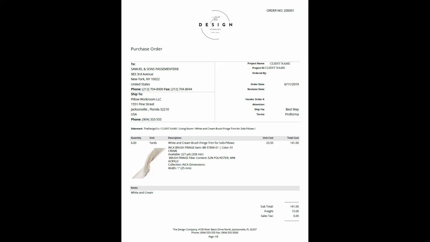And then also if it's shipped to the design firm, then the designer has to figure out how to get all these bolts of fabric and trim, etc., over to the pillow workroom, which is an extra trip. So there's a lot of different ways that this could be handled. In this case, the designer is sending this trim directly to the workroom.